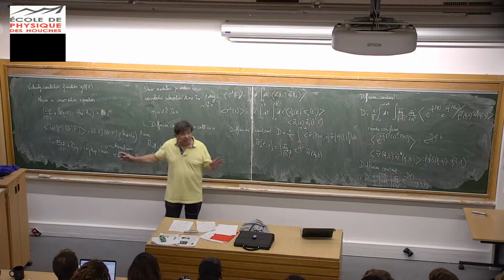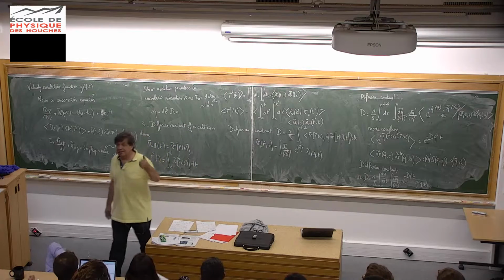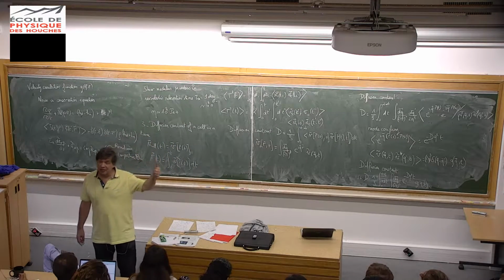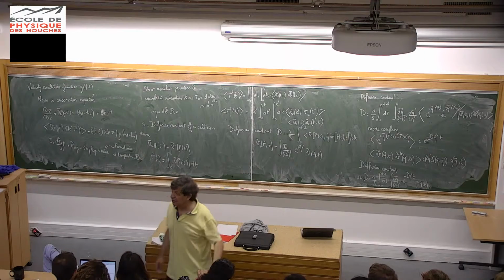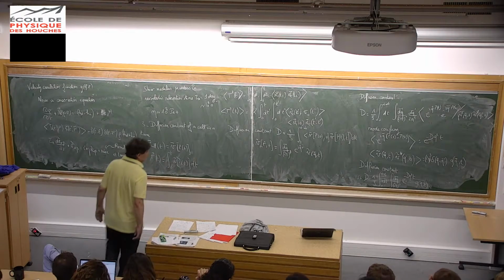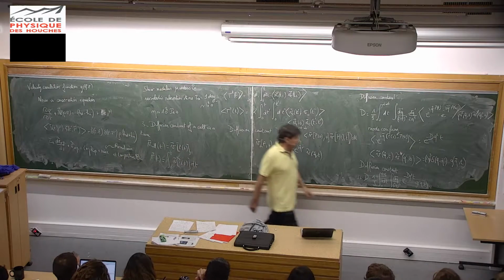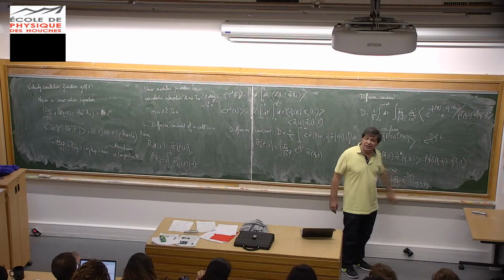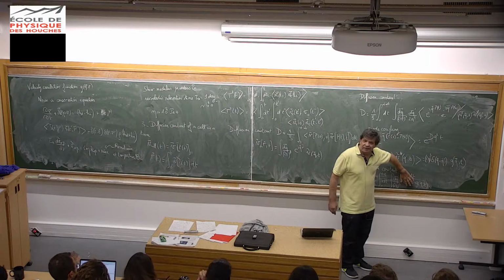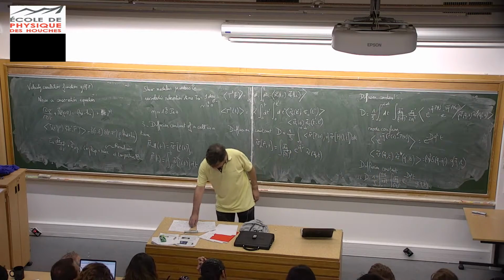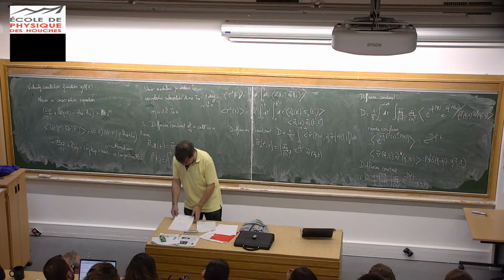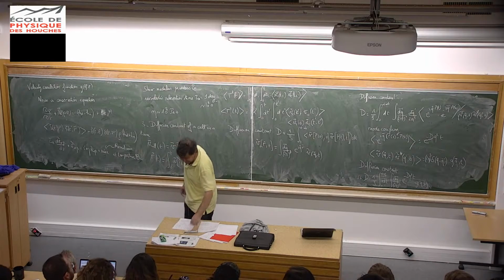So you can do that explicitly. And if you do that explicitly, you get two things. You get the correlation function of the density, and you get the correlation function of the velocity. And the correlation function of the velocity is just this g of q and t, which is here. And I insist on the fact that this term is almost 1. It doesn't count. So if you do that, what you get for the diffusion constant